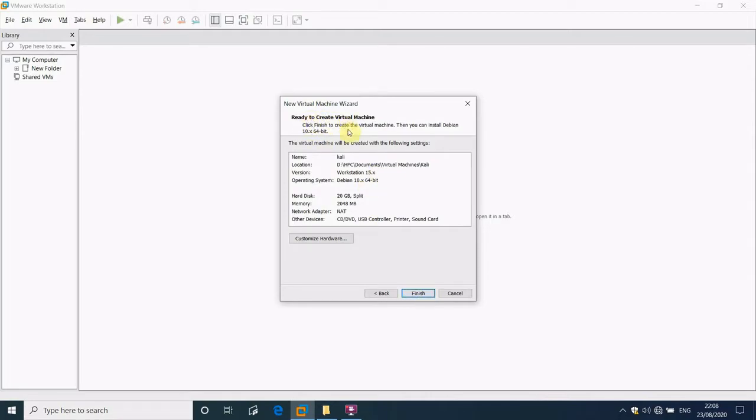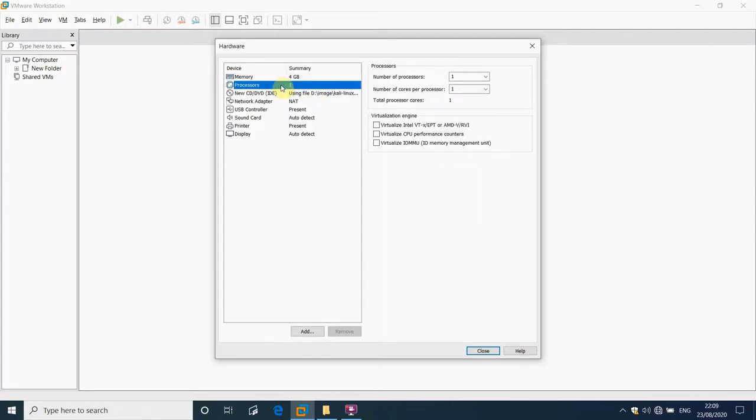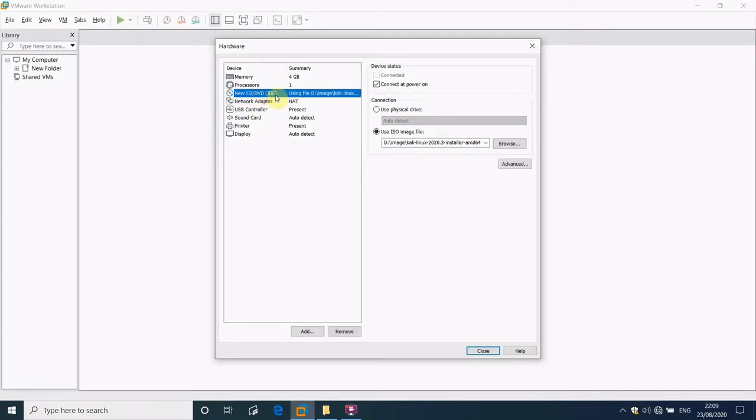Okay, so the wizard is ready to create the virtual machine. On this screen, we're going to click on Customize Hardware. As you can see, the default memory size for the virtual machine has been set to 2 gig. So I'm going to increase this to 4 gig. You can also change the number of processors and the number of cores depending on the hardware configuration of your machine. And then we make sure that the CD or DVD